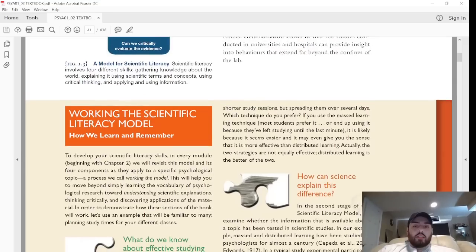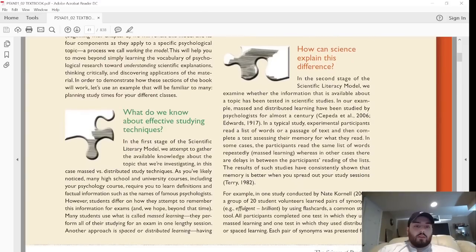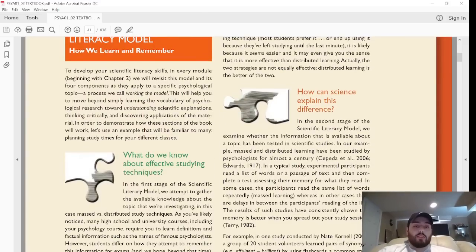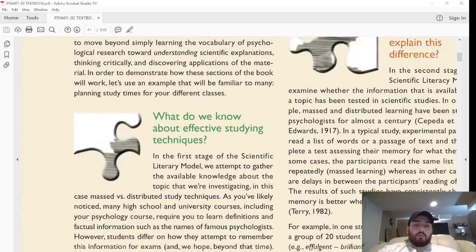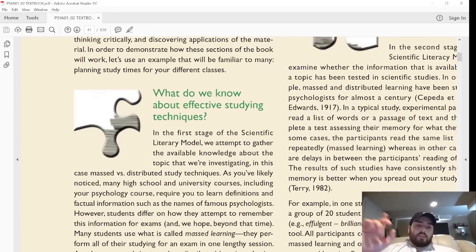So here we go. Actually, yeah, this is a very important section, especially if you're a young academic, right? So what do we know about effective studying techniques? Before we even get into this section, what this book is talking about is essentially mass learning and then distributed learning. Mass learning is essentially when you're cramming the night before, you're taking all that knowledge and you're just amassing it and hoping everything sticks in your brain, versus distributed learning, which would be,